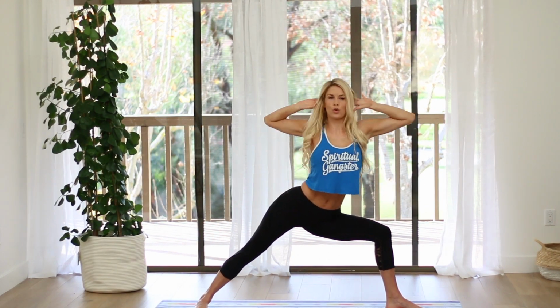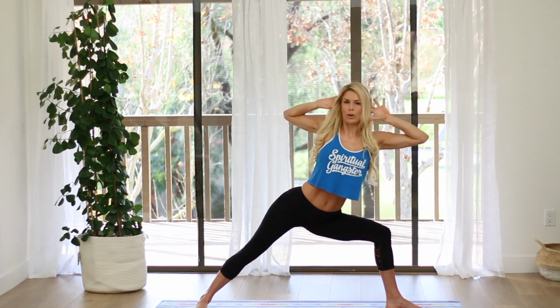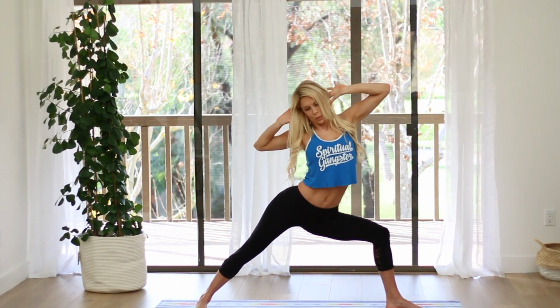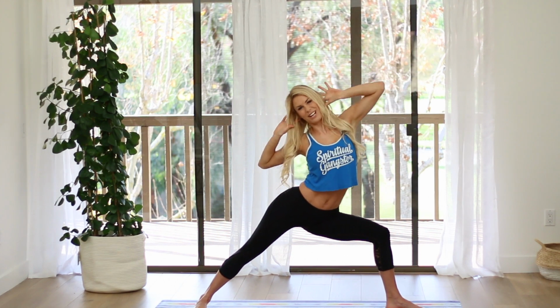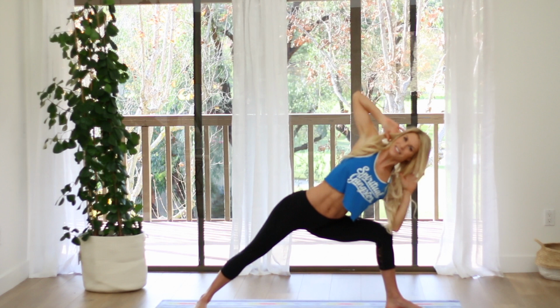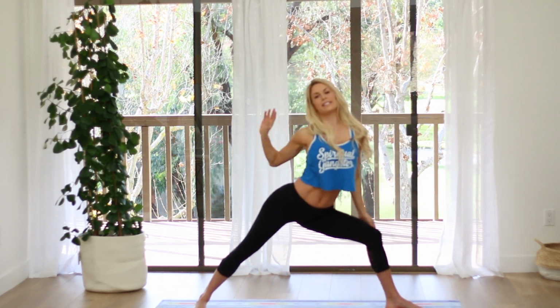Good. Feel that crunch through the side body. The strength of your core, bringing your elbow down to your knee. Let's do that 3 more times. Try and actually touch your elbow to your knee. So we're not just going through the motions here. Squeeze, and last squeeze. Let's give it a little extra oomph. And stand up and shake it out, dance it out, do your little boogie,